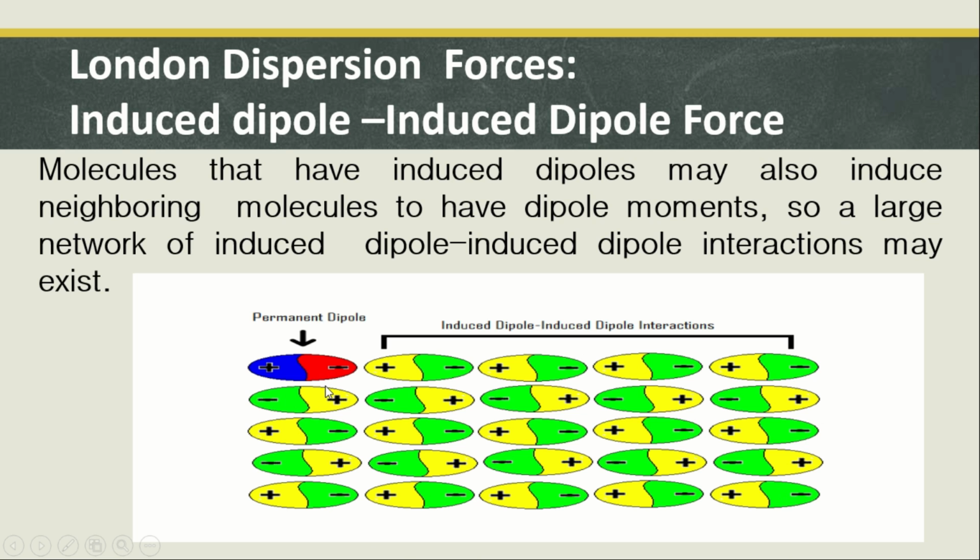Okay? So it's like when someone is sick and then goes to a place with many people, of course, the possibility of infecting others is high. So, again, this is just an example wherein there is an induced dipole already. Okay, so it means that it has a partial charge. The rest doesn't have any partial charges yet. With this present and next to the other nonpolars, this will create a chain reaction. So this one will induce the other nonpolar molecule, and then later on it will create a network of induced dipole